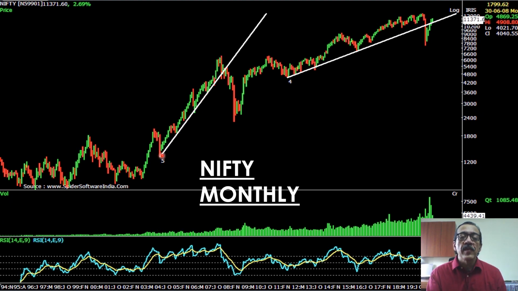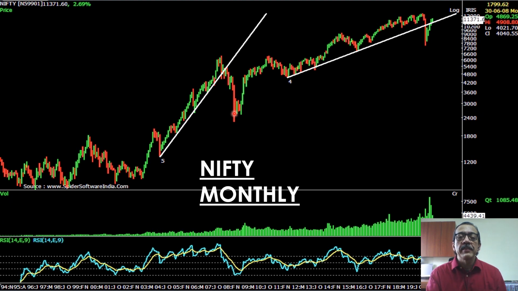So this has been a very long-term trend line, and one of the rules of drawing a long-term trend line, always remember, is that you should draw it on a log chart. You can't draw it on a linear scale, because on a linear scale the price changes will not look correct, and you will get a wrong picture of what the price changes have been. Right, so this is a log chart, and therefore you can draw a long-term trend line like this, and you can see that it connects all these points beautifully all along this fantastic 2003 to 2007 kind of rally.